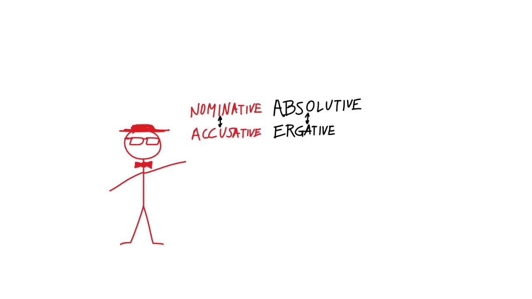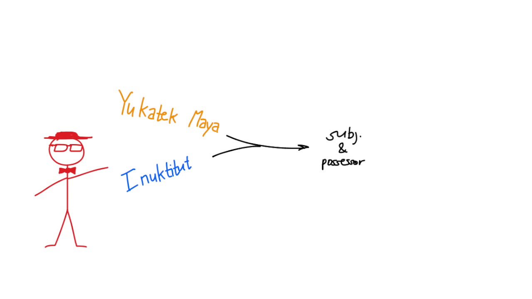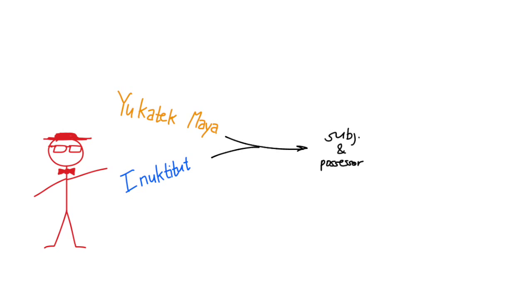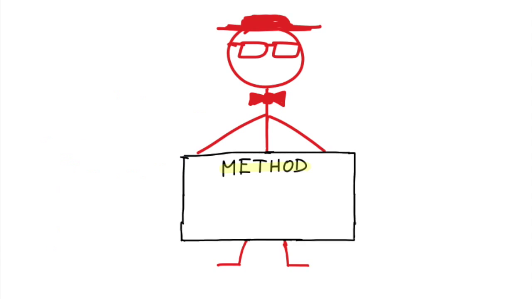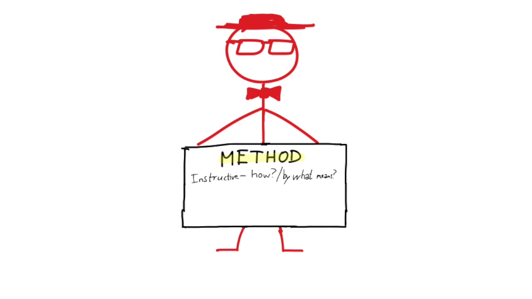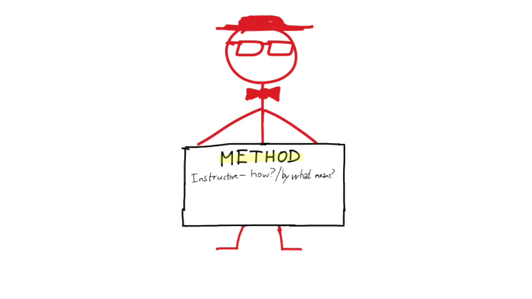It has a complement just like the whole nominative-accusative relationship. This case is called the ergative case, and it represents the subject or agent of a transitive verb, but not of an intransitive verb. Classic Mayan and Inuktitut have ergative-genitive cases, which function both as the subject of a transitive verb and a possessor. Cases that describe method include the instructive, which answers the question how or defines means,